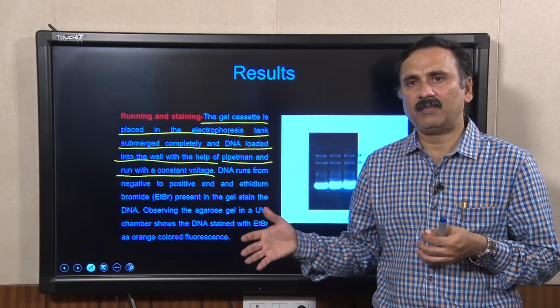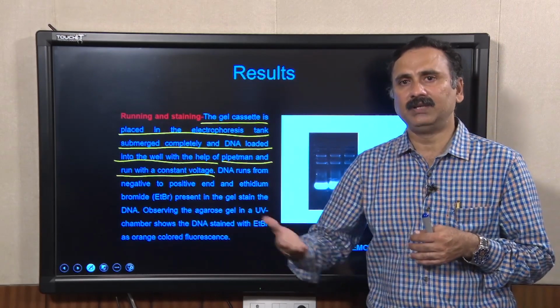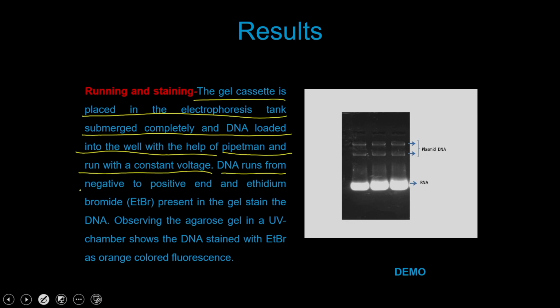With the help of the power pack, you can supply the constant voltage, and then you can resolve the DNA in the agarose. The DNA runs from the negative to the positive end, and the ethidium bromide present in the gel stains the DNA.